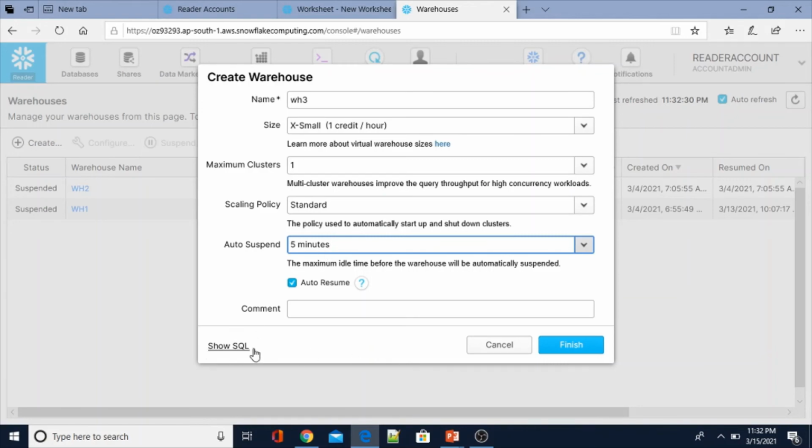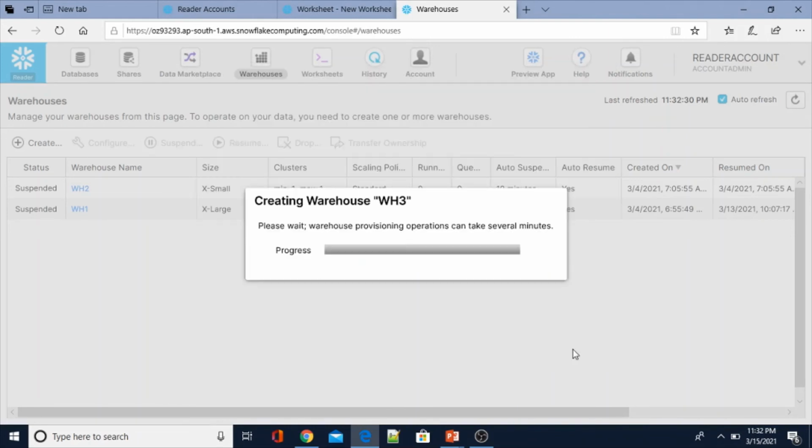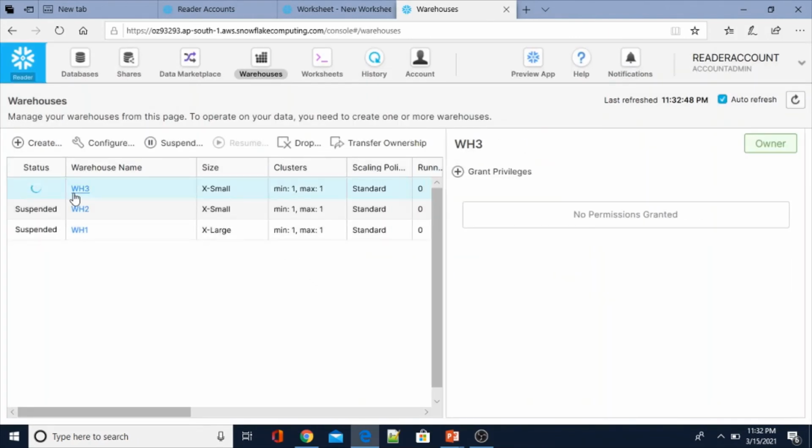If you want to see the syntax, click show SQL, this is the syntax to create a warehouse. Then close, finish. The new virtual warehouse is being created now, it will take a few seconds. Yeah, started. Now let me go back to the worksheet.